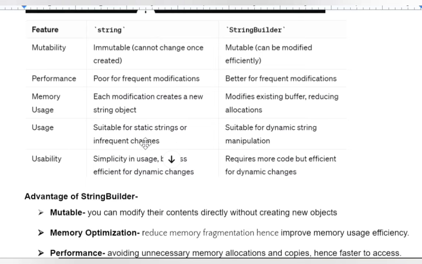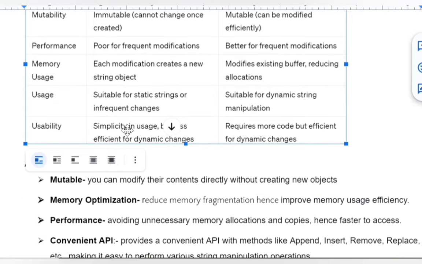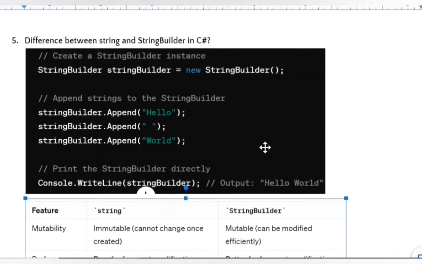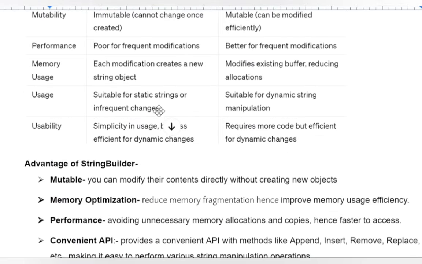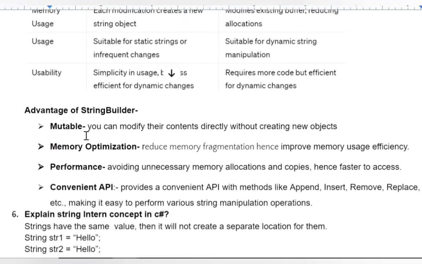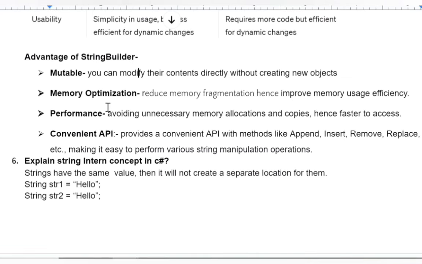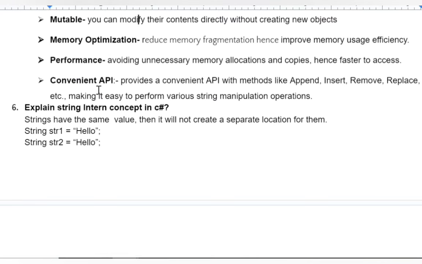String is suitable for static strings and infrequent changes, but StringBuilder is suitable for dynamic string manipulation. Usability: string is simple, but StringBuilder requires more code, though it is efficient for dynamic changes. It requires more code, like in this example, every time you have to append. So the advantages of StringBuilder: it's mutable, memory optimization, performance, and it provides a convenient